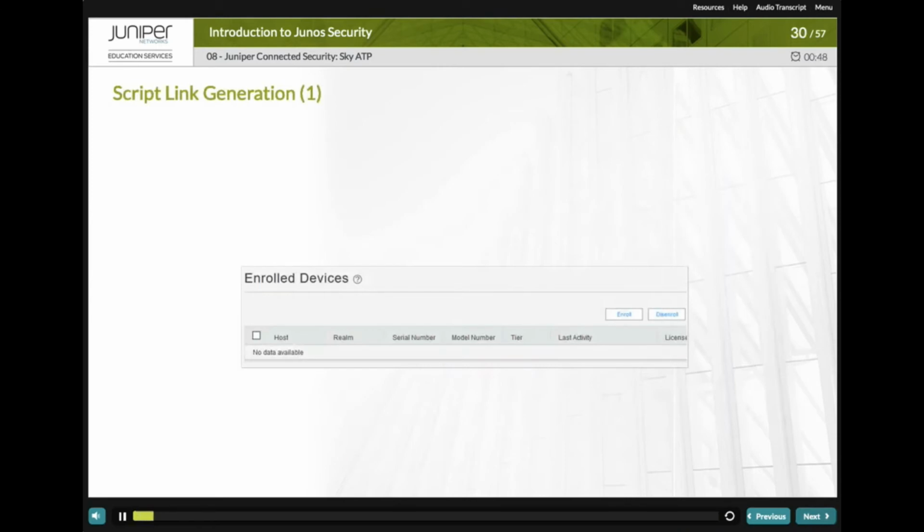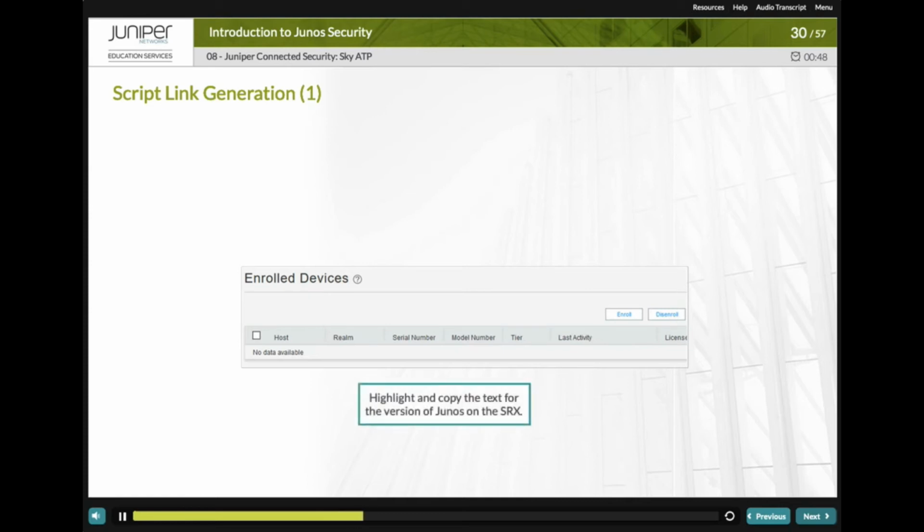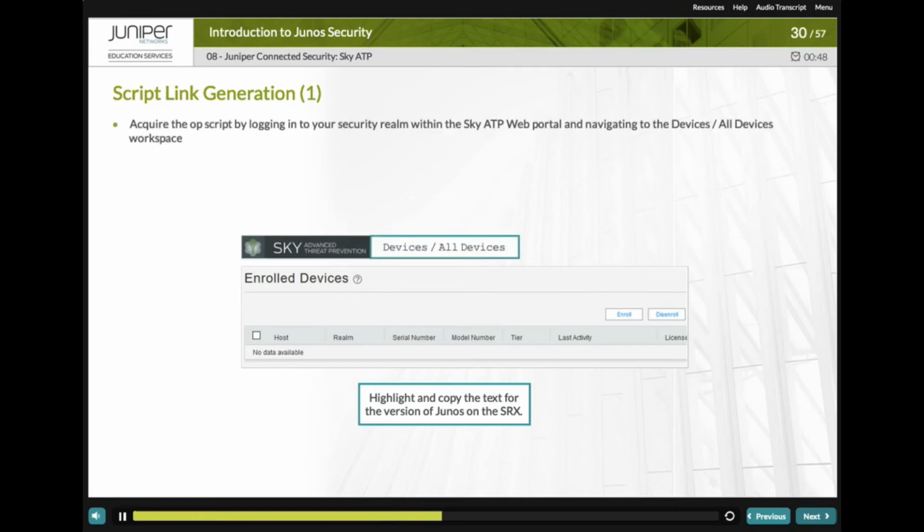The Sky ATP uses a Junos OS operation, or op, script to help you configure your SRX series device to connect to the Sky ATP cloud service. There are 2 choices depending on the version of code that you are running on your SRX series device. Copy the entire line of code to your clipboard and be aware that it is much longer than what is displayed on the screen. You can acquire the op script by logging into your security realm within the Sky ATP